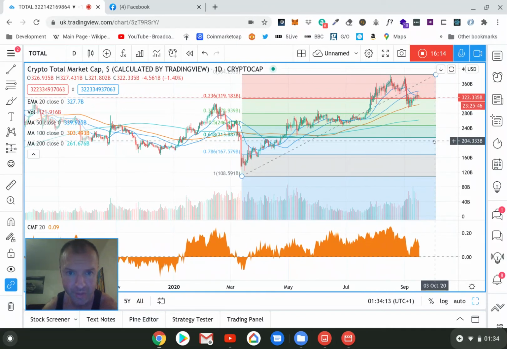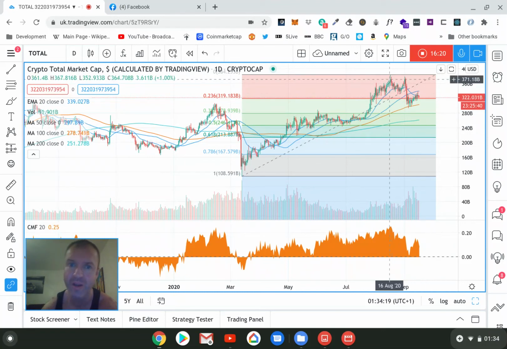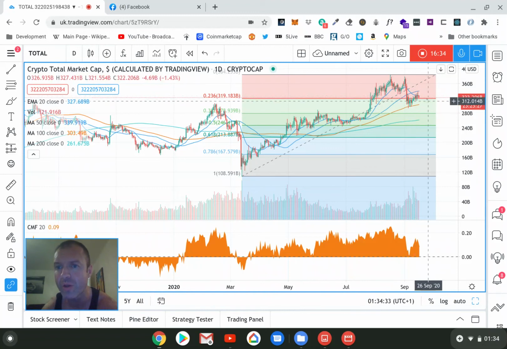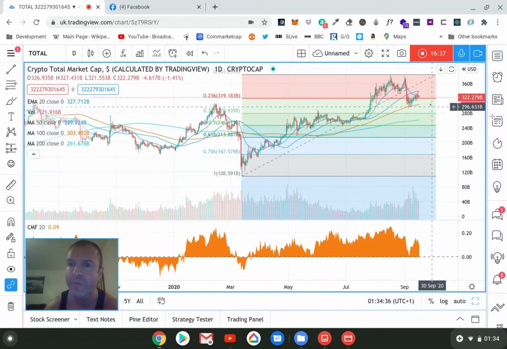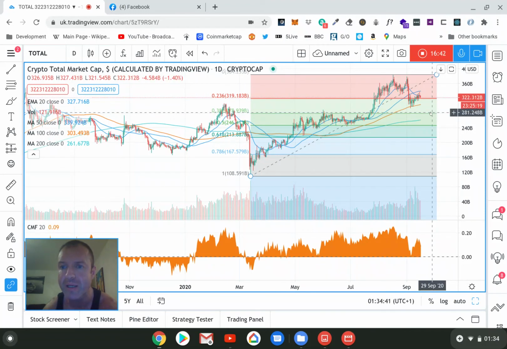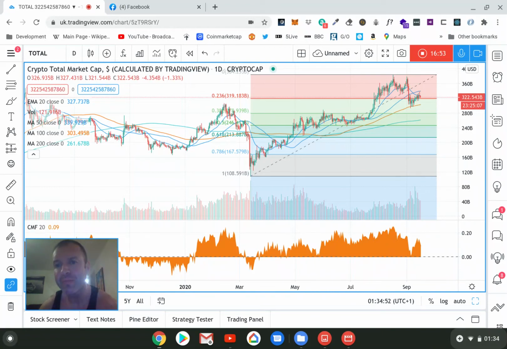We had a high of 384 recently in the middle of August. Since then, we've been on a little bit of a correction where we went down. We had sort of a double top. And there could be another wave down here. Like I said yesterday, there's down 1, 2, 3. They're usually doing 3 or 5. So the total market cap could easily still come down, at least test the 100 moving average at 303 again, or it could come down to 280 for the fib, 278. Whether that happens or not, I don't know.